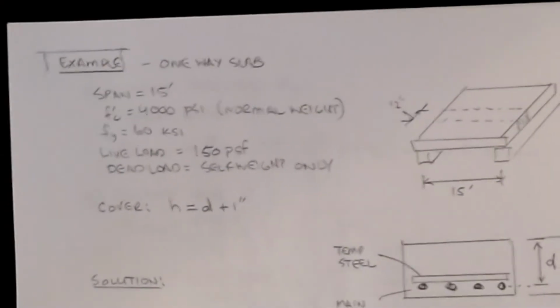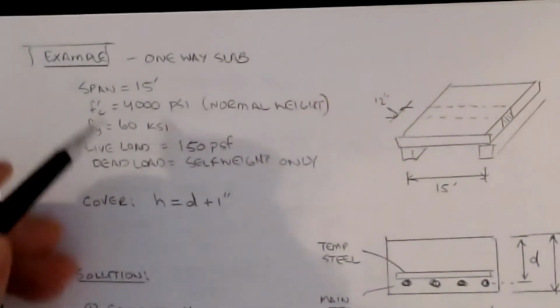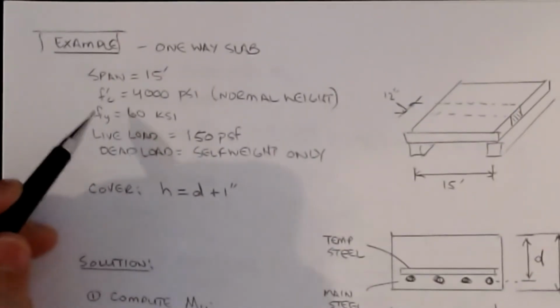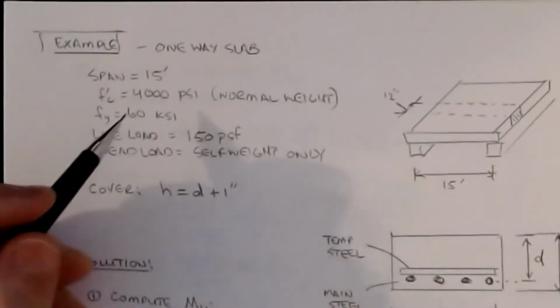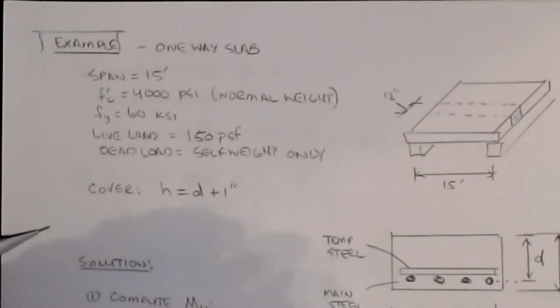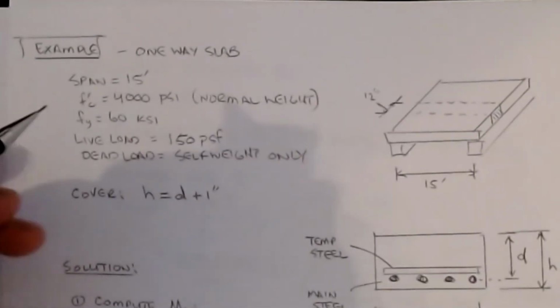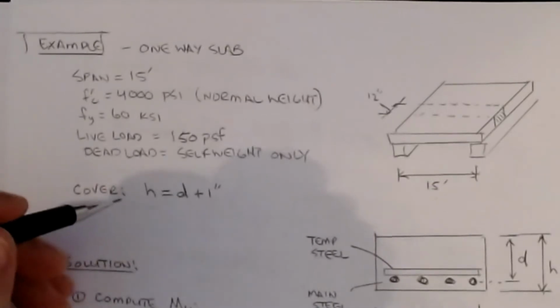Let's take a look at an example. Fairly straightforward. We're going to do a one-way slab design example. It's going to have a span of 15 feet. Our f'c is 4,000 psi, our fy is 60 ksi. We're going to put 150 pounds per square foot live load over the entire area, and our dead load is going to be just the self-weight only. Our cover then is going to be equal to